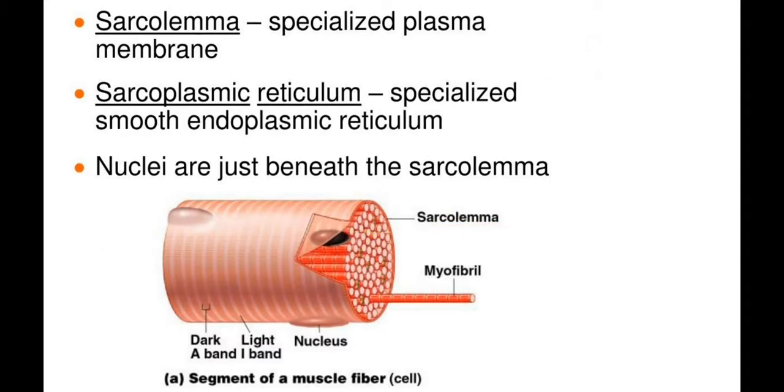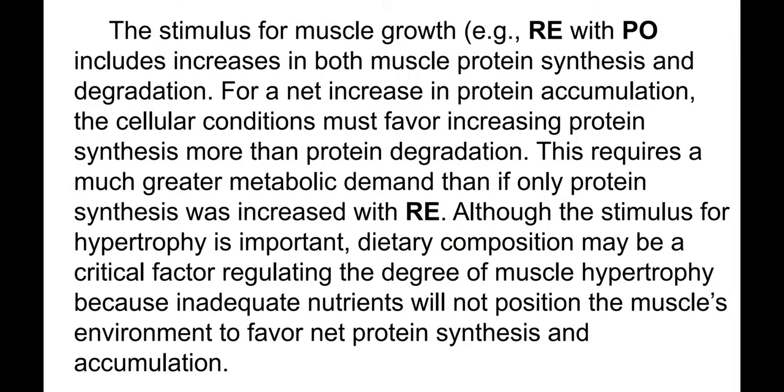And we see here again the picture of the muscle cell. In cross section, we have these nuclei here on the periphery of the muscle cell. We have this envelope, actually a membrane around the muscle cell, and we have these myofibrils. The number of myofibrils can increase, and this leads to hypertrophy. Okay, let's go. The stimulus for muscle growth is mostly coming from resistance exercises, and the best way